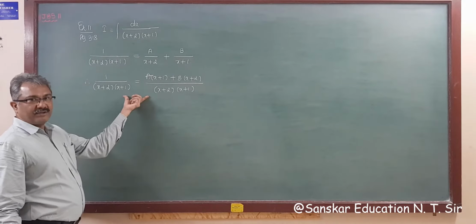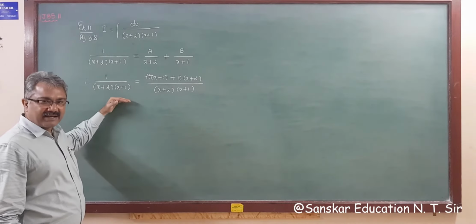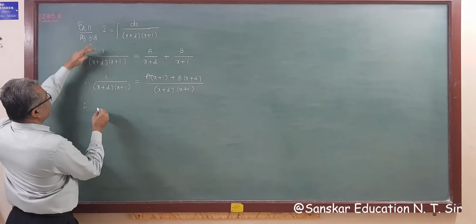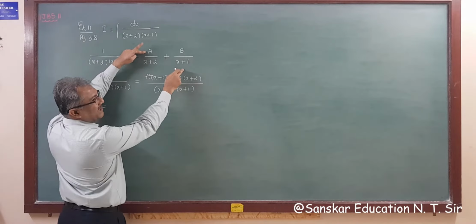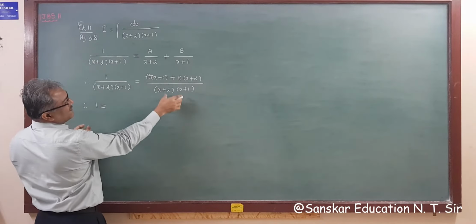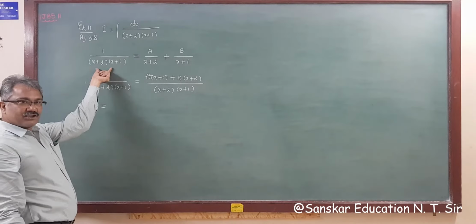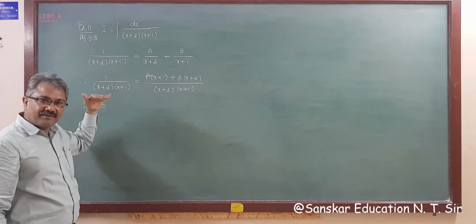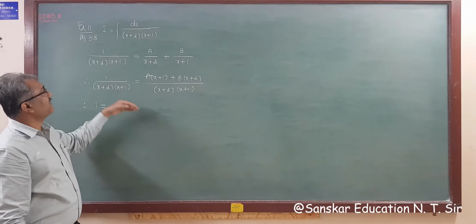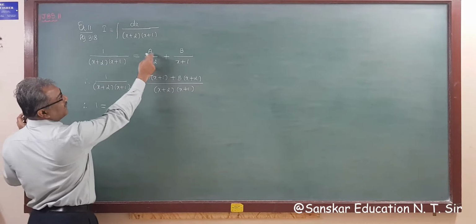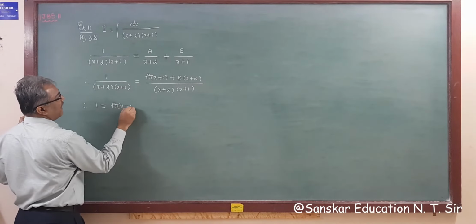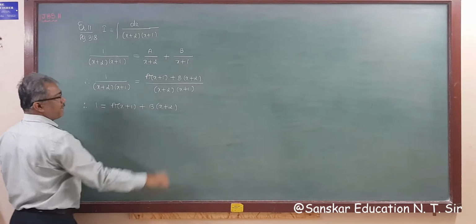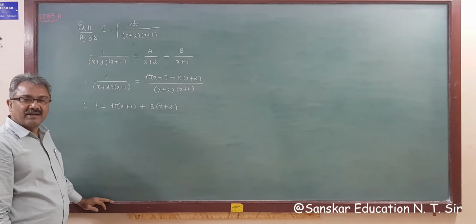So this will be cut, right? I am writing this step first and last time. No need to write this step. You can write directly this step: 1 is equal to, cross multiplying, because the LCM of this is x plus 1, x plus 2, and here is also x plus 1, x plus 2. So no need to write this step. This is the first question of the partial fraction method, that's why I am writing it. So directly cross multiplying, a into x plus 1 plus b into x plus 2. Got it? Any problem?